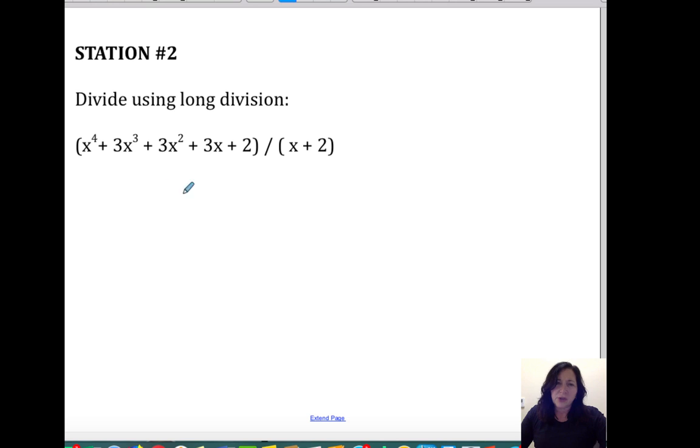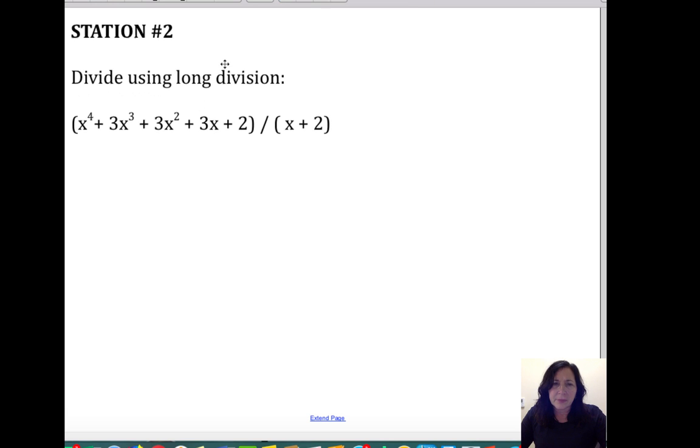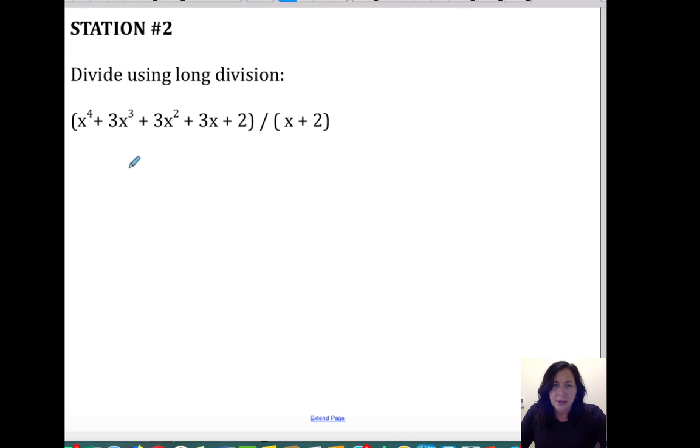This one says use long division. So basically, using long division to solve this, we can do that. Let's see, we would say x plus 2 outside, okay? And then what you would do is plug in, making sure you have all the placeholders. So you've got x to the 4th plus,